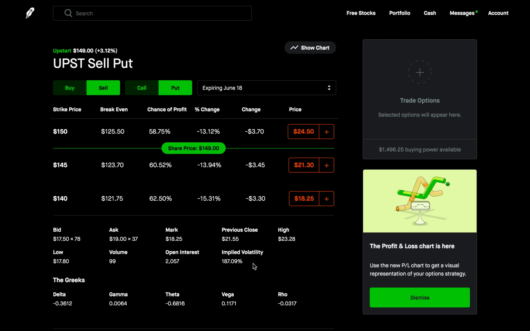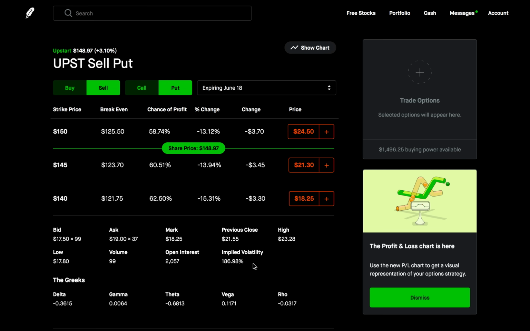Could be due to merger or acquisition rumors, product approvals, news events, things of that nature. So you should first do your research. Try to figure out why is IV very high on these options. Once you figure that out, try to determine whether or not this is an event that could cause the stock to change a lot in price. If it's not something that should be too concerning, then there shouldn't be a huge problem with you selling options